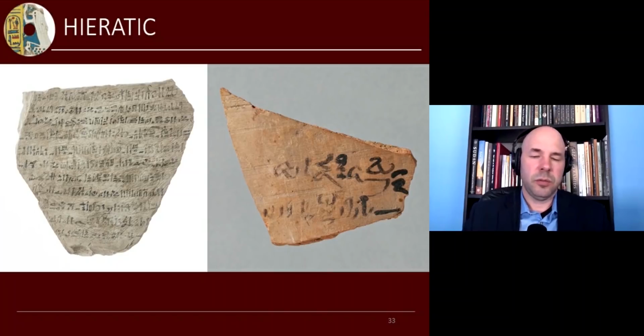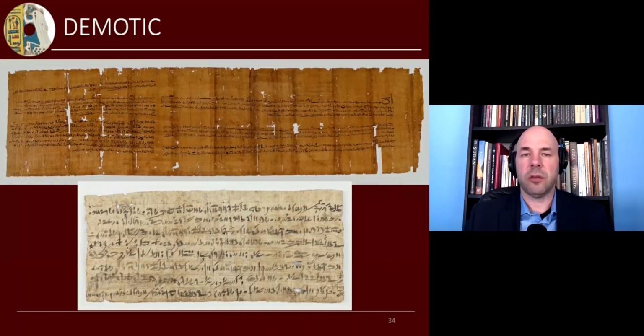And we should just note that the Egyptians wrote on any available surface. So none of this is supposed to be a comprehensive catalog. You can find writing on basically anything from ancient Egypt. These are just some of the common ones that you'll find. Now, more cursive than the hieratic, we have the Demotic script. Now, the Demotic script doesn't really come into use until the second half of the 8th century BC,